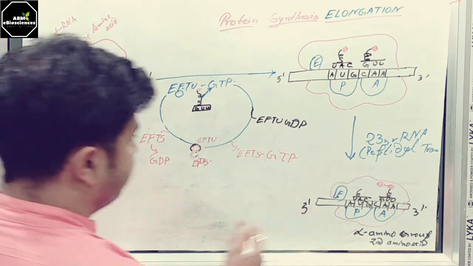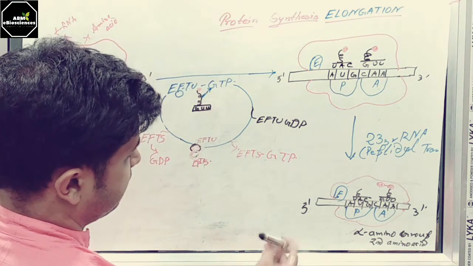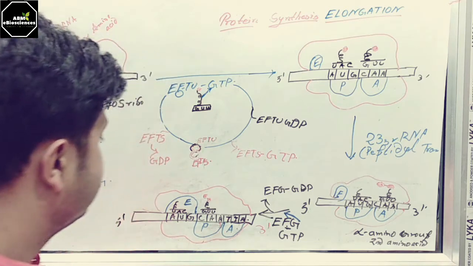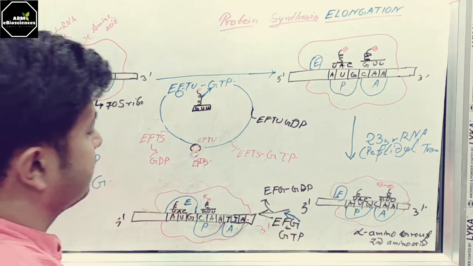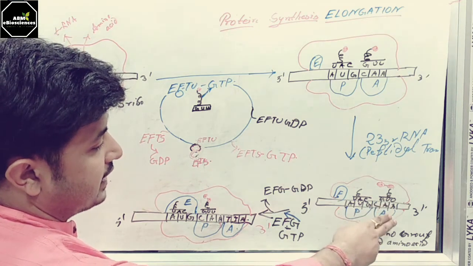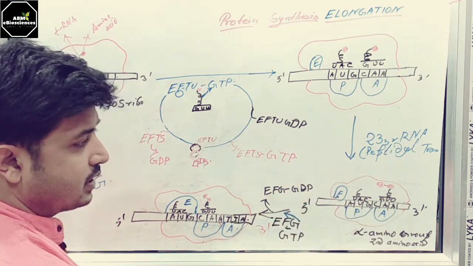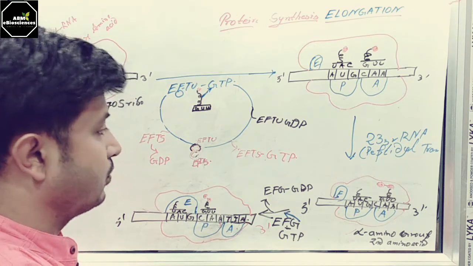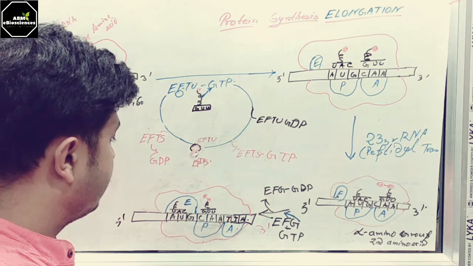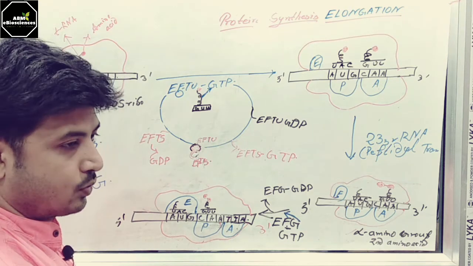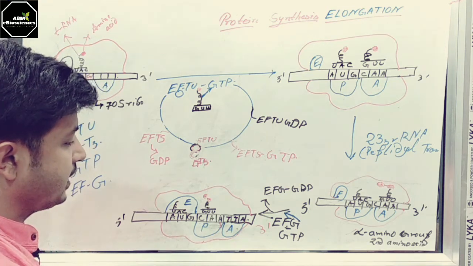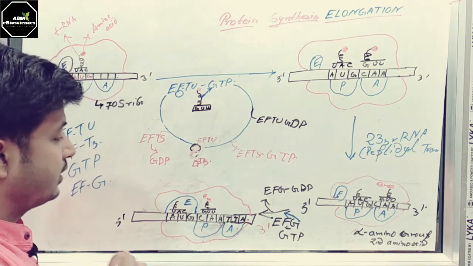So if I draw the next scenario, look again, this is the picture of the next step after the peptide bond is formed and the dipeptide is present in the A site. Up to this, elongation has started. Now when elongation is proceeding, it will walk through the mRNA from one codon to another codon. I said already. So here you can see the scenario which is happening inside the prokaryotic cell,